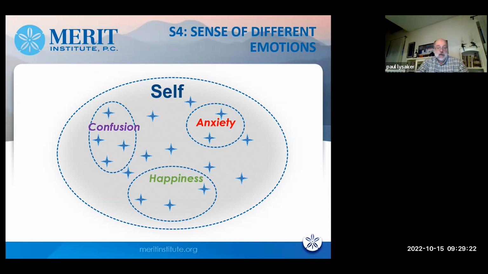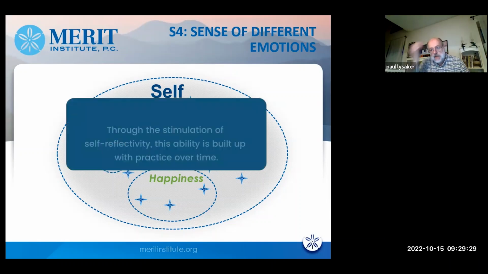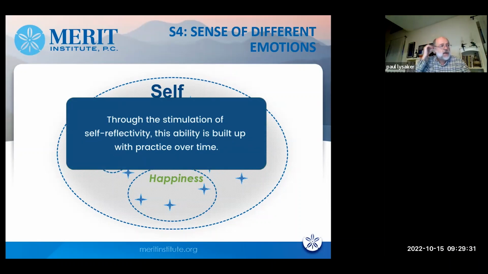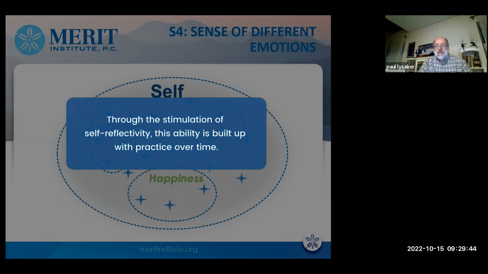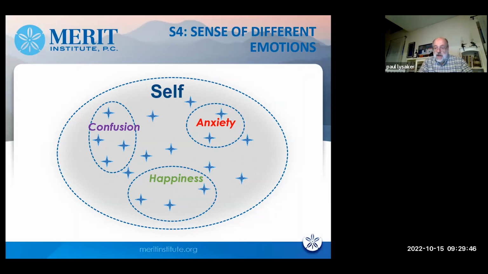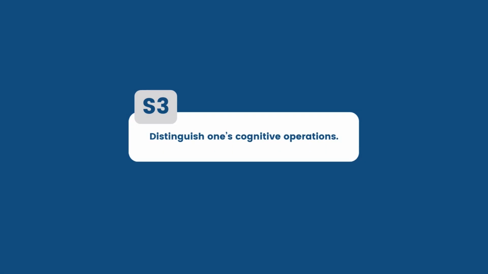And ultimately, in MERIT, the idea of outcome is that this ability is built up through practice over time. So same idea with Courtney and the determination. She can still help her patient build these things, same as if she was meeting with them over a longer period of time. But now they'll be built around determination. So to do S4, since you can guess that there are three things behind it, you have to do something too, which is that before you can see these different things, you have to be able to even see that there are different things in your mind.